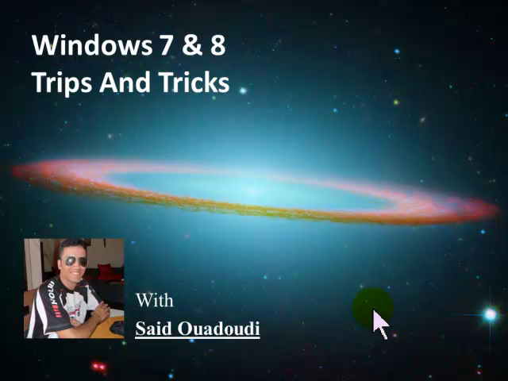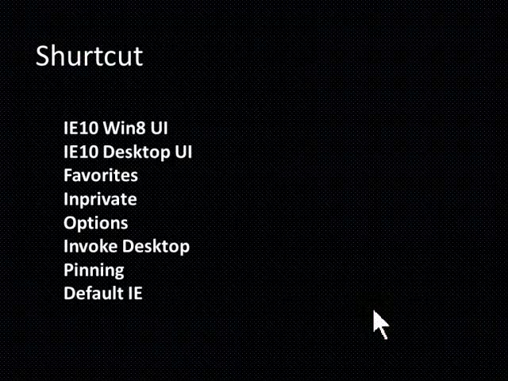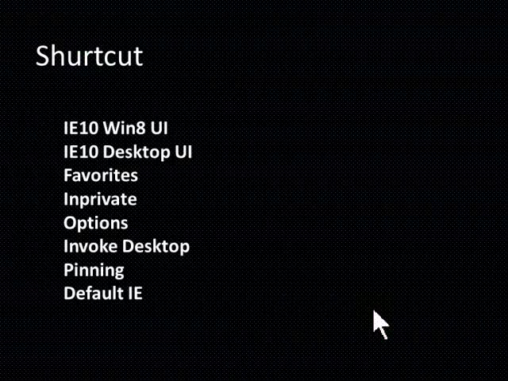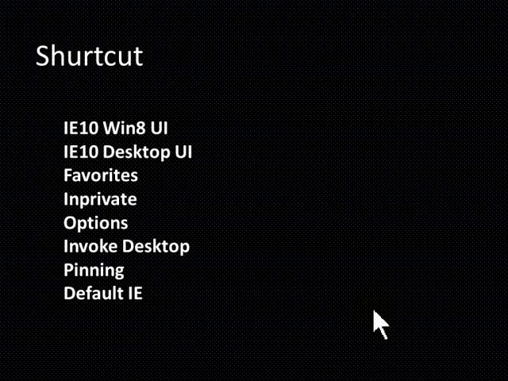When it comes to the internet, of course we need to talk about Internet Explorer 10. This is the default browser coming with Windows 8, and it comes with two versions, one for the desktop and one for the Metro style. Tonight we will have a look at Internet Explorer 10, Windows 8 UI, this is the Metro style, and Internet Explorer 10 desktop UI,